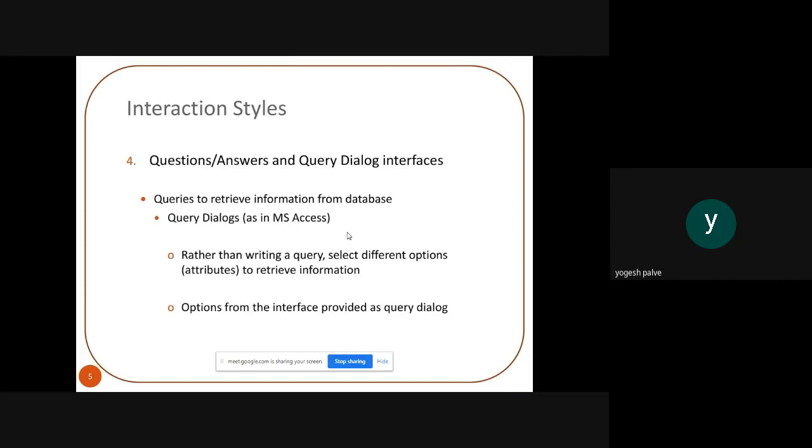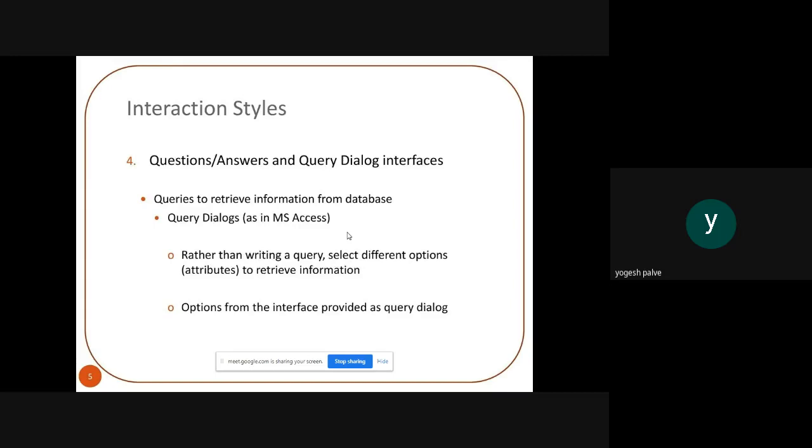Every time a user asks for some information, he cannot write down the query. So instead of that, you have to provide some attributes, or just a short key, so that the particular answer can be quickly retrieved by the user.